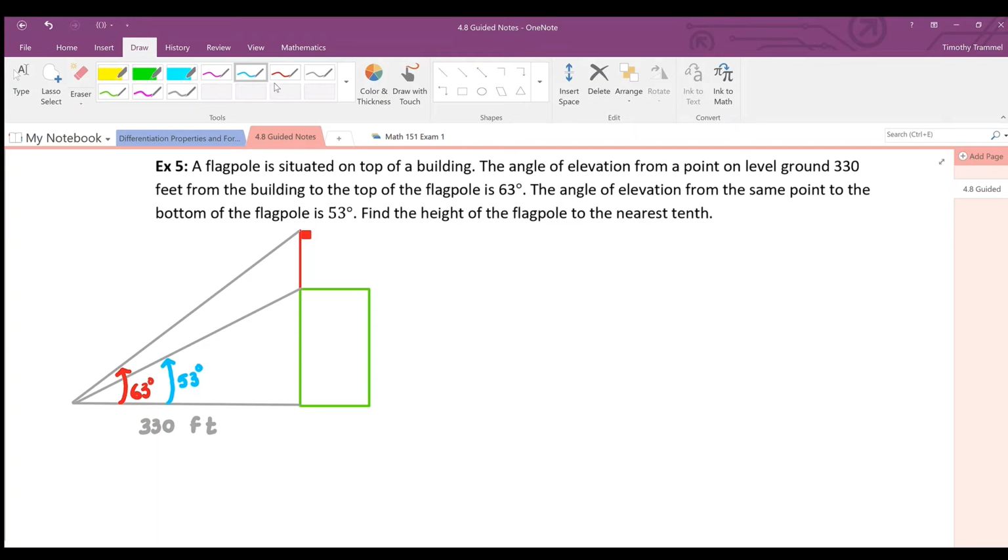Now that you've given this one a try, let's come up with a plan here on how to finish this problem. Okay. So again, our goal is to find the height of the flagpole. Well, based on the two right triangles that we have here, we will probably be able to find the heights of these right triangles. So in other words, maybe I can find